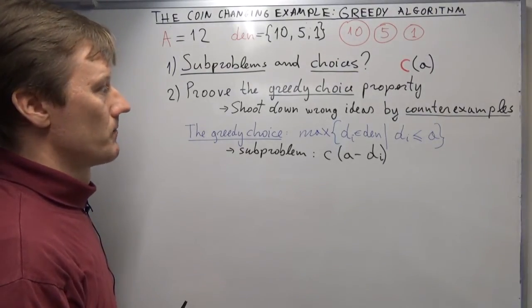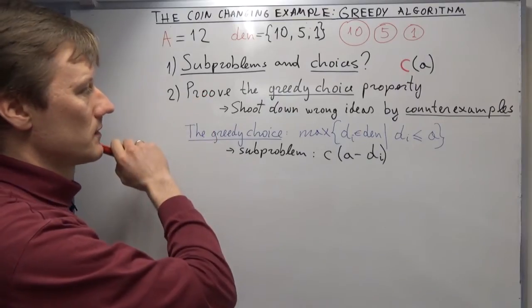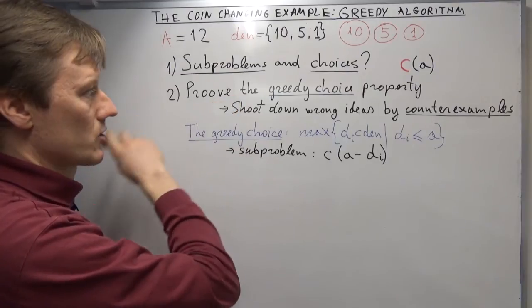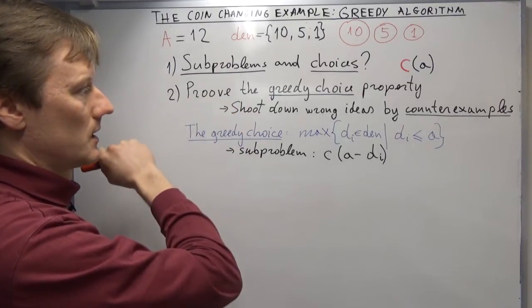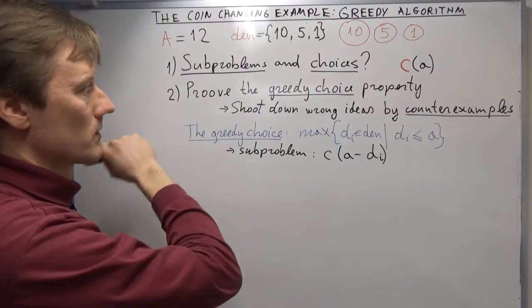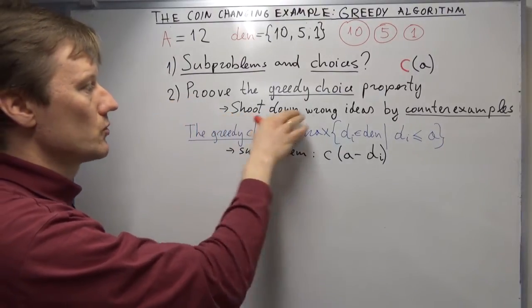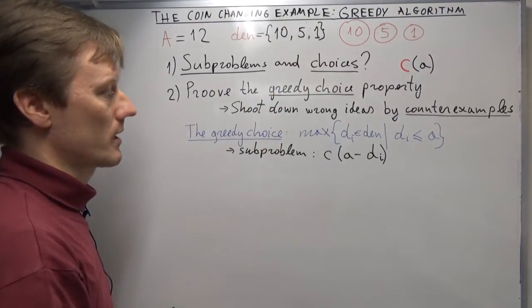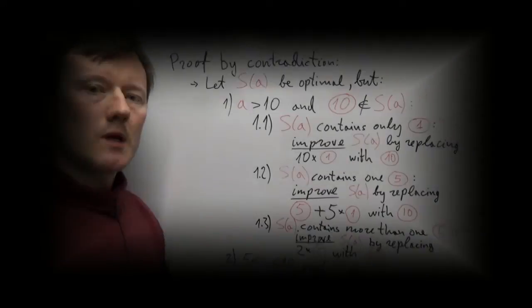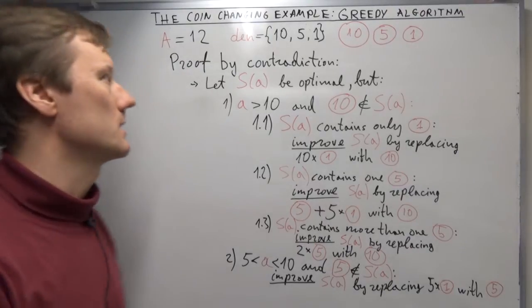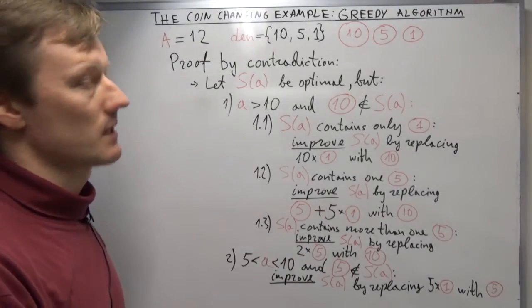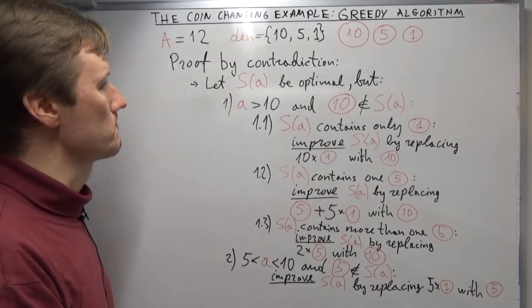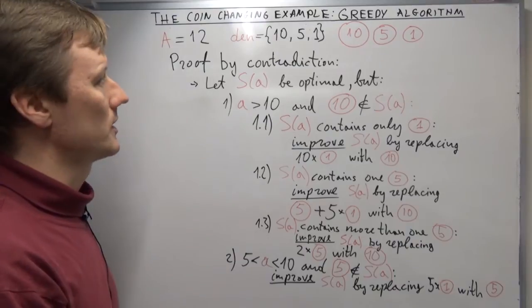So now we either have to prove that this greedy choice actually always leads to an optimal solution, or we have to shoot down that idea by giving a counterexample where it does not work. So what we want to prove is that taking the largest coin smaller than the amount always leads to an optimal solution. And these kinds of proofs are usually done by contradiction,